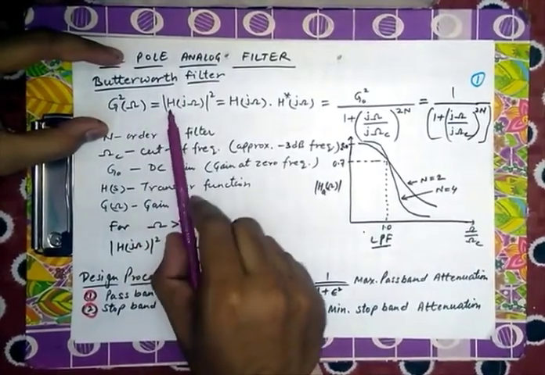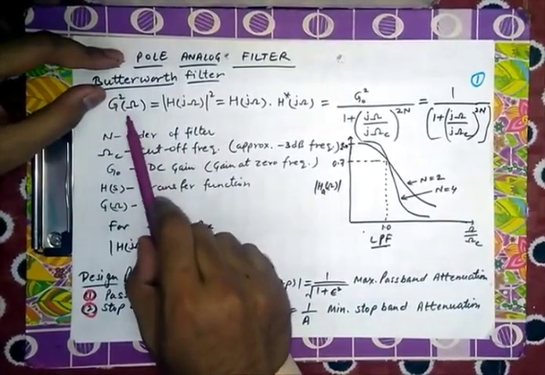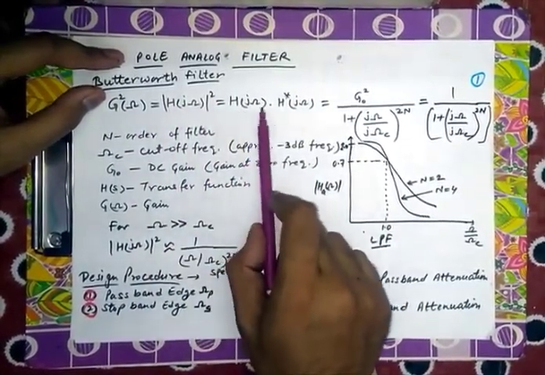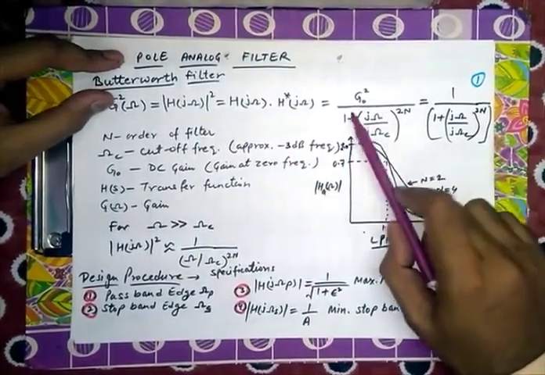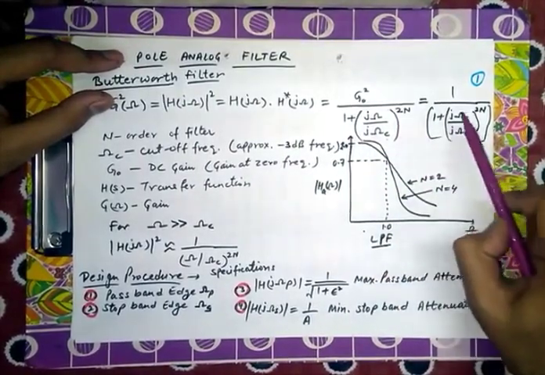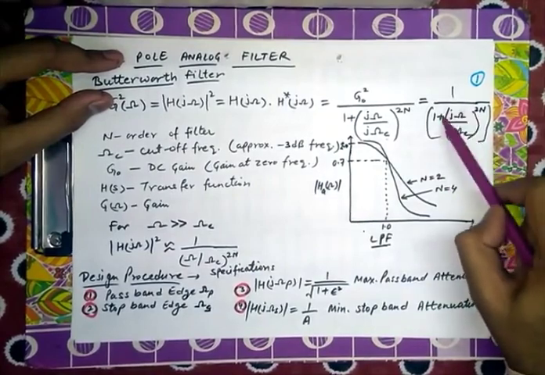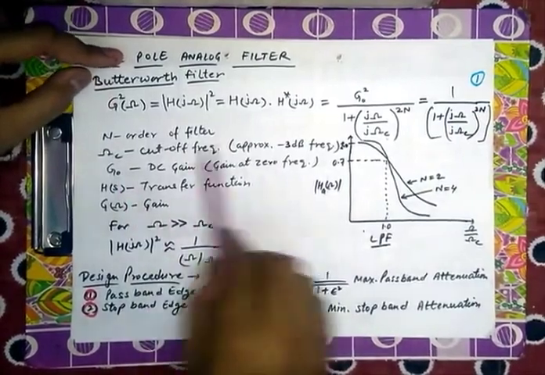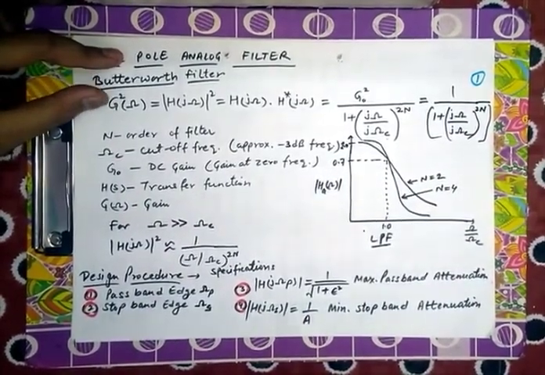G squared of omega, where omega is the analog frequency. G squared of omega is equal to the magnitude squared of H(jΩ) times its complex conjugate, which is equal to G naught squared upon 1 plus (jΩ upon jΩc) raised to power 2N, capital N. This is a general design formula given by Butterworth in 1930, and here